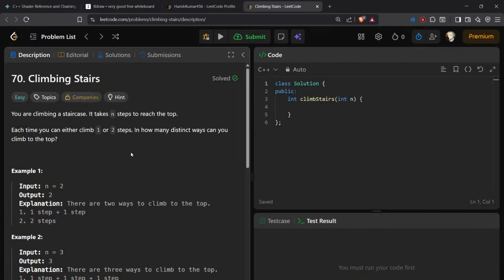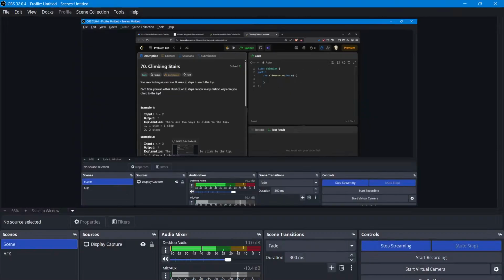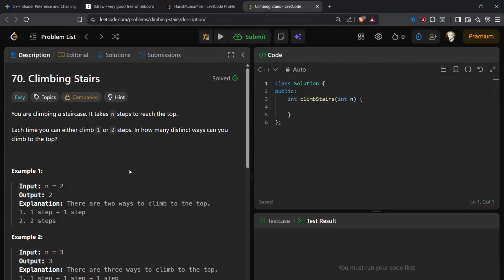Okay, so now the next problem seems like a glorified math version. I think it has something to do with permutations and combinations. Like, you have a way of skipping two stairs or skipping one block. How many ways are